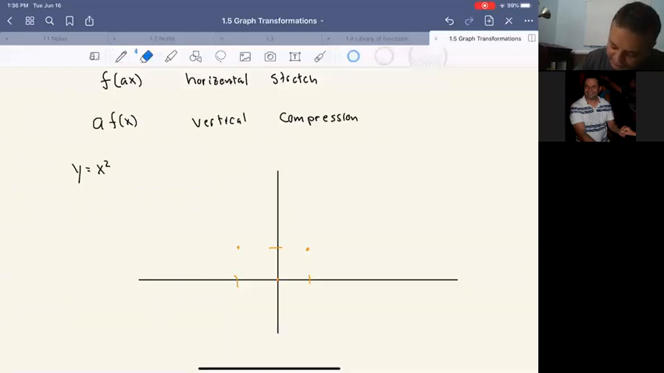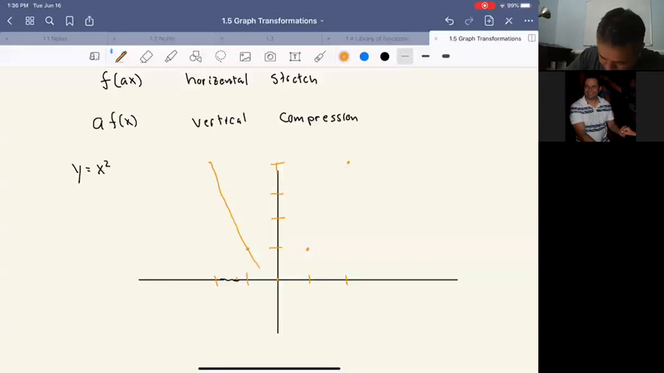Let me actually erase that to be a little bit better. There we go. 1, 1. Then 2, 4. So I'm being very diligent here about my y equals x squared. Okay, now let's take